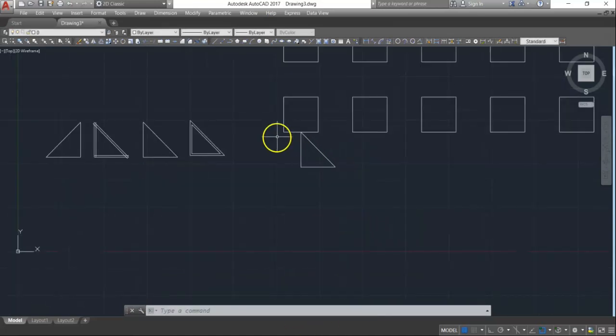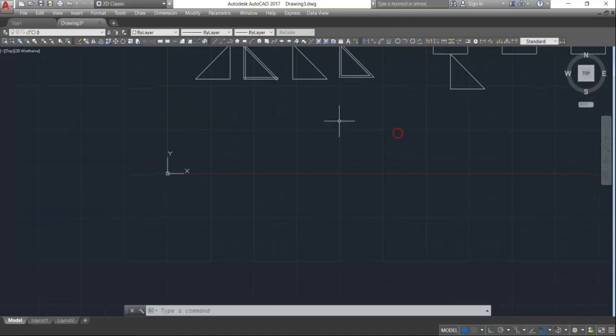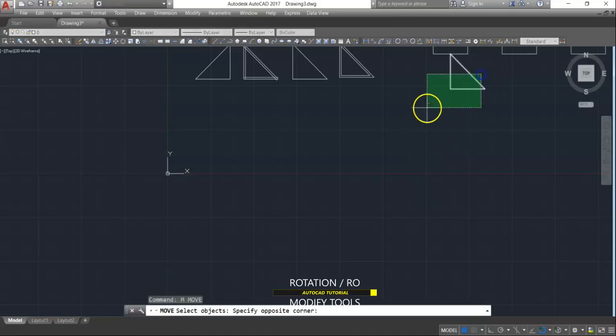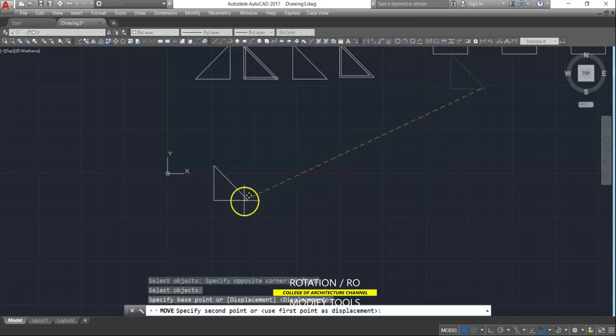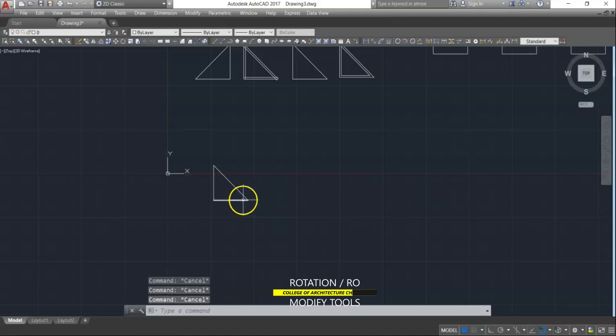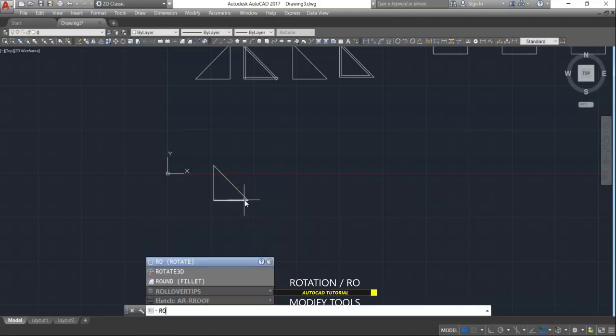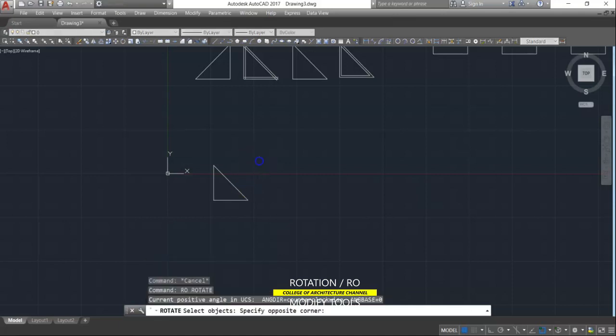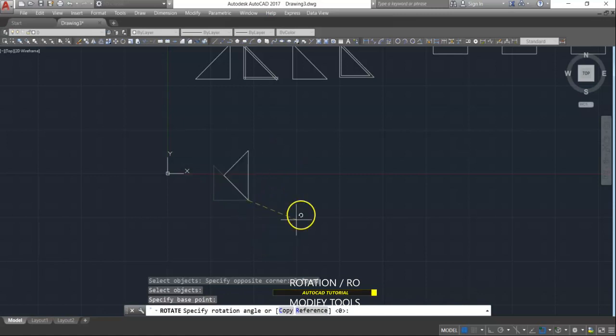Now let's move on to the rotation or RO. Let's say I want to move this again. Let's place it in here. And if I want to rotate this one, let me type RO for rotate. Then I would be clicking in here for my base point. Then I could